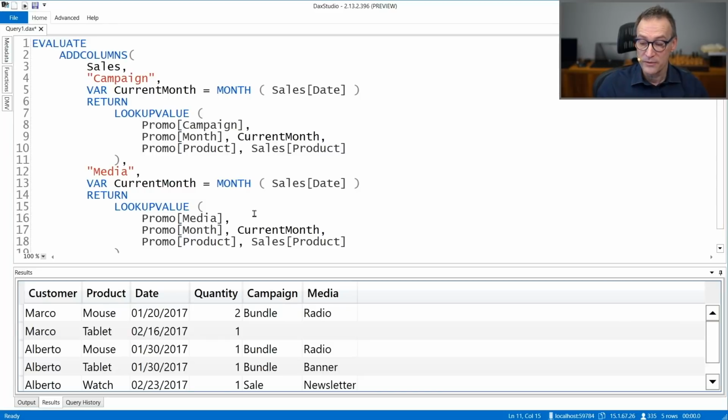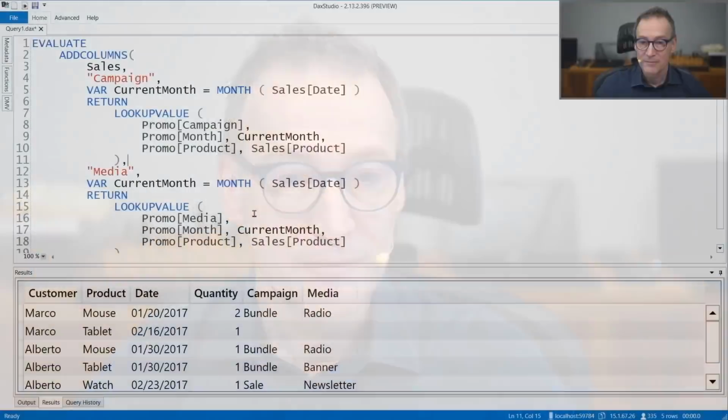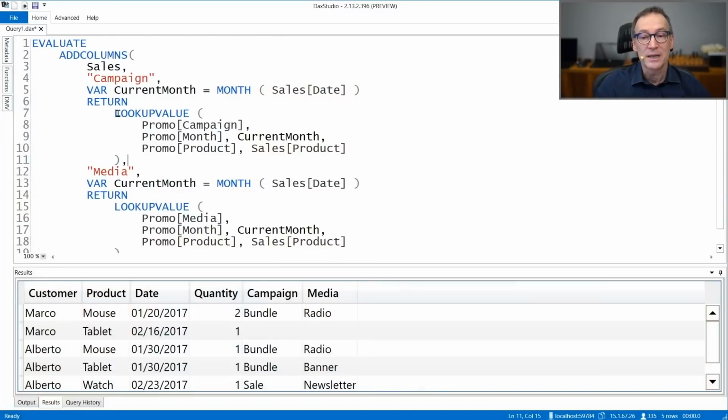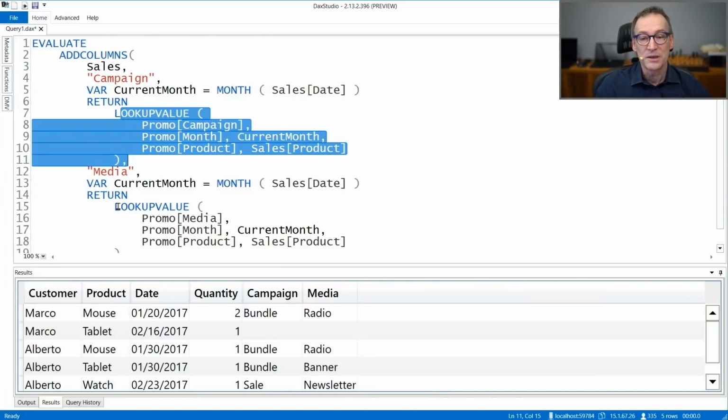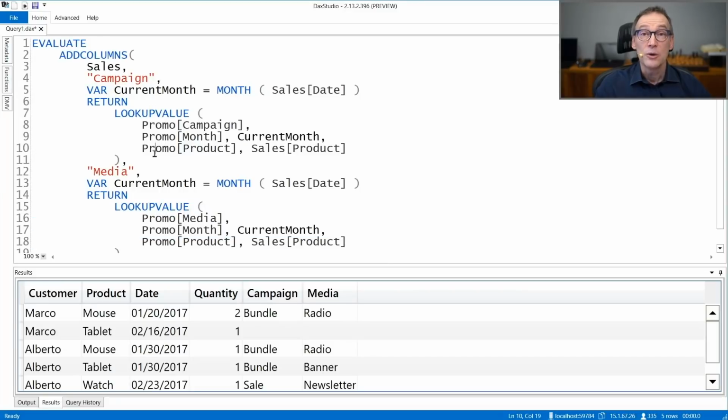Everything is working fine. So this query as it is works just fine. But the thing is, I created it by using copy and paste. Now, I'm a big fan of copy and paste. I think it's one of the greatest inventions of the previous century, but it's likely that the code will not be super optimal. Indeed, I'm asking twice to do the lookup value, once here and another one here. Lookup value is transformed into a calculate, so it will need to do the lookup operation on the promo table.